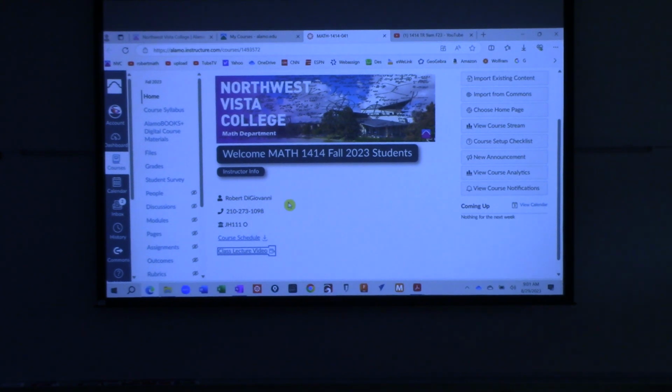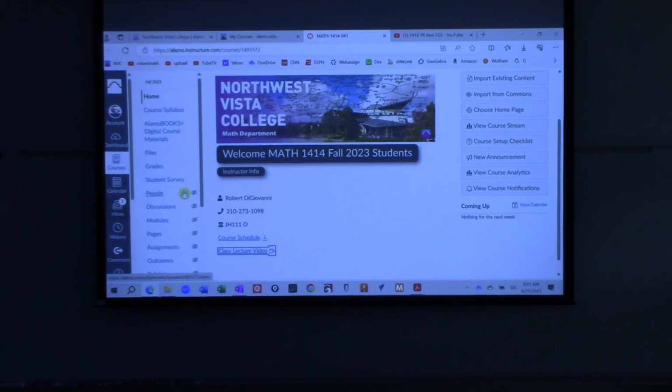Okay, so this is our main page. Communication with me needs to take place right here. Where is it? Inbox. See that inbox? If you want to send me an email, do it through here. Don't do it through any other email system. Don't send me an email through Yahoo or through the ACES email. This is called Canvas. We're going to use this as our email communication. If I want to send the class a message, it's going to come through here, all right?